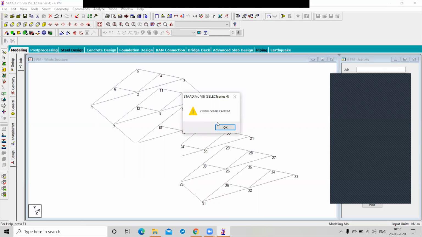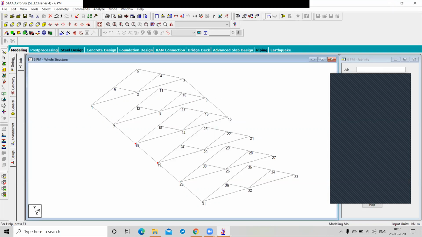So two beams are created. So this beam is split between the nodes.